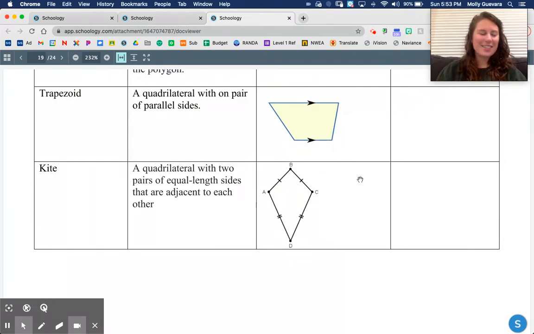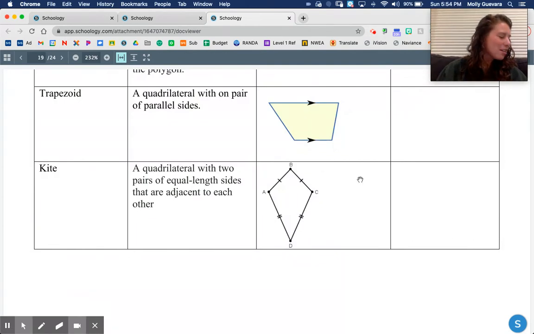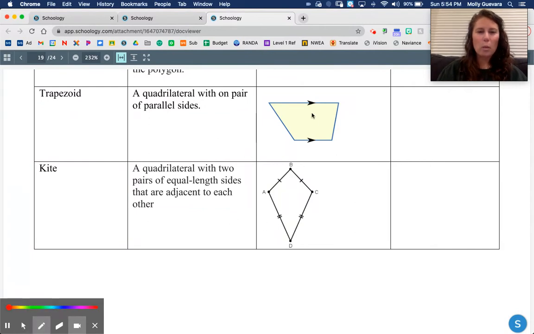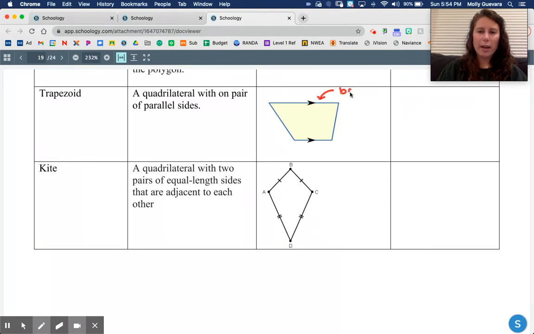All right, so let's start here with trapezoid. So a trapezoid has four sides, and all it means is that two of the sides, so in this case, the top and the bottom, are parallel to each other. Remember, that's why we have this little arrow, is that the top and the bottom are parallel. And what we do is we call the top and the bottom bases. So this is called a base,